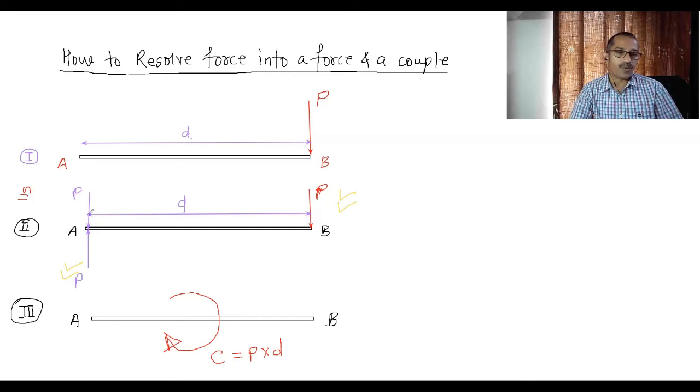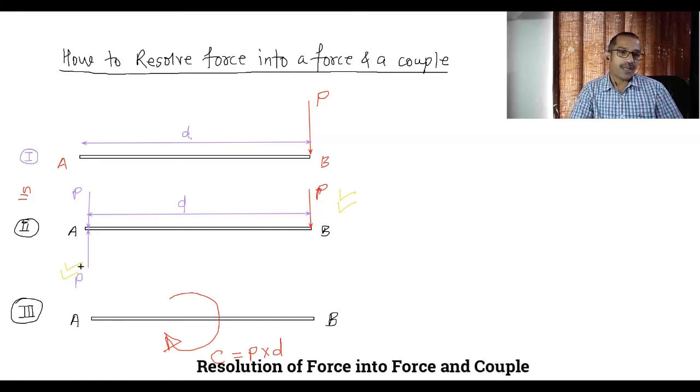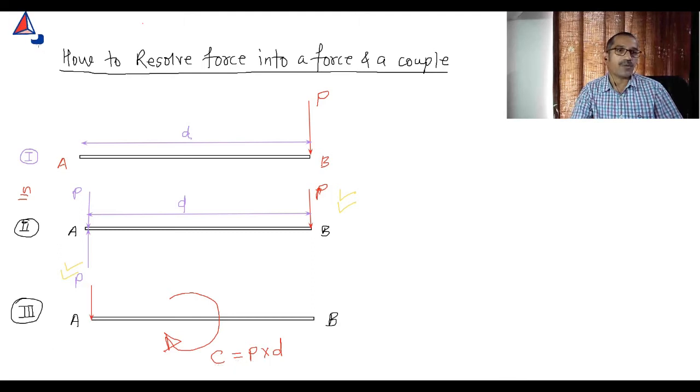Now, the two forces which were there in the second case, I have replaced by a couple. But the one force which is acting at P in the downward direction will remain as it is. That means what will we get here? Force P at A in the downward direction, right? That means this one is your force P. Now in the third figure, finally what are you getting? A single force P at A, and a couple acting on bar AB in the clockwise direction.